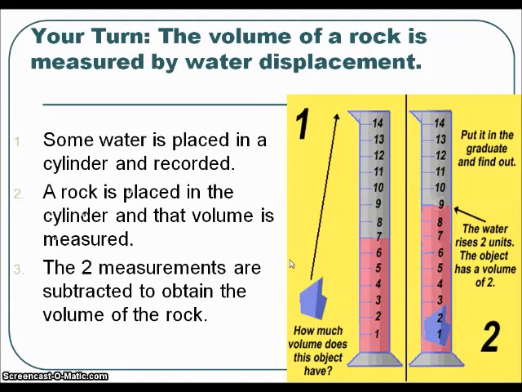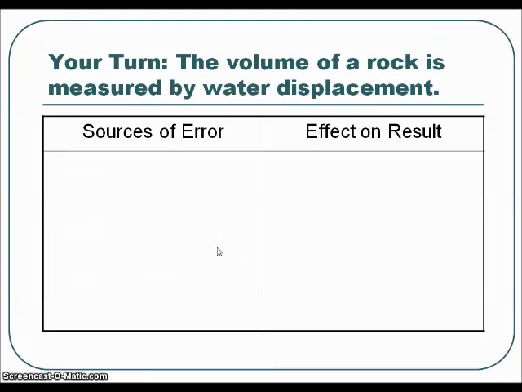Okay, so what we want you to do now is in your packet, you have this exact scenario. This scenario should sound awful familiar to you. And so I want you to read through the procedure, and you've done this, so think about it. And on the next sheet here, I want you to think, well, what are some possible sources of experimental error in that process? And in this first column here, I want you to list specifically as many as you can. See if you can come up with at least three